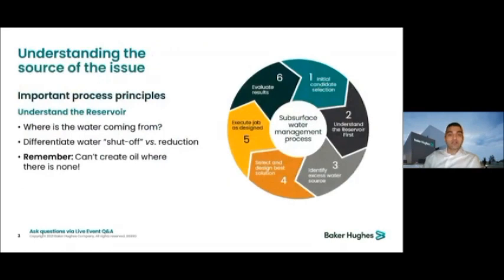Before we get started on the actual product and technology itself, it is very important to understand the source of the issue. AquaCUT is designed to address the subsurface water production issues that you may have in your mature sandstone fields. To understand how AquaCUT works, it's important to understand what your reservoir is doing at that time. We need to understand where the excess water is coming from. We need to really understand if it's a commingled flow zone, or a layer flow zone where the two production regimes are different,